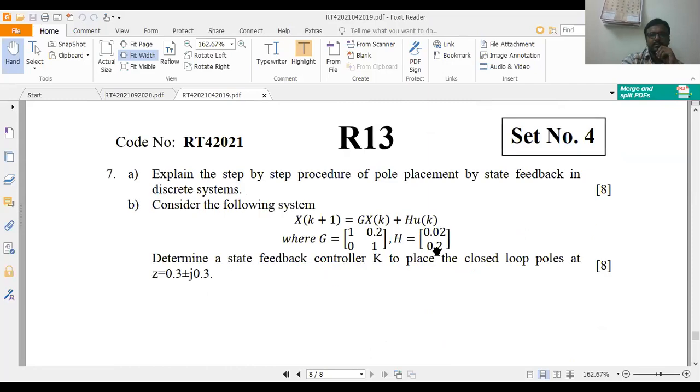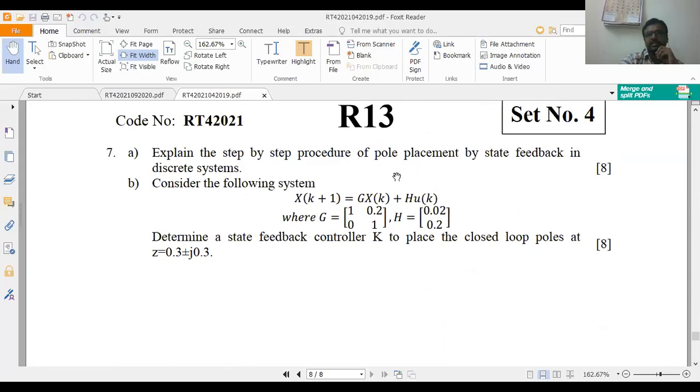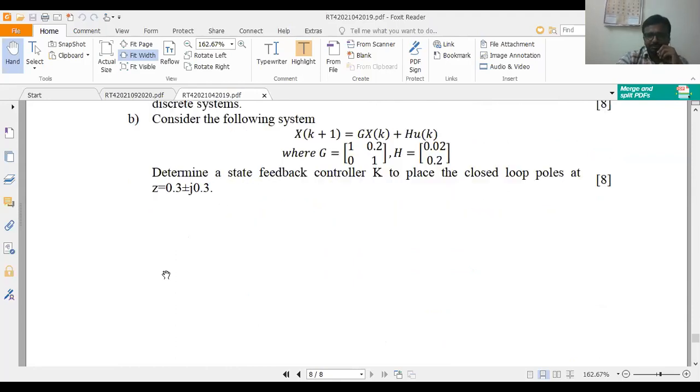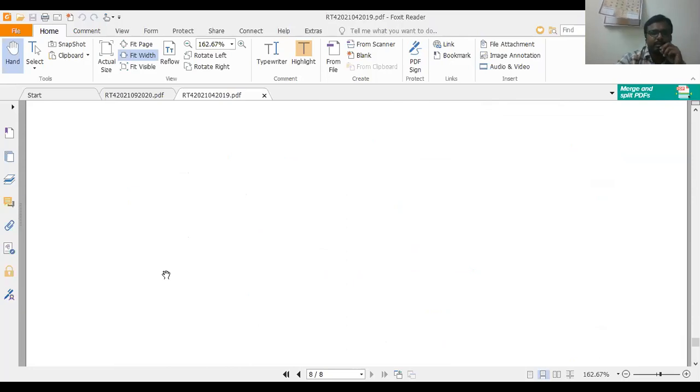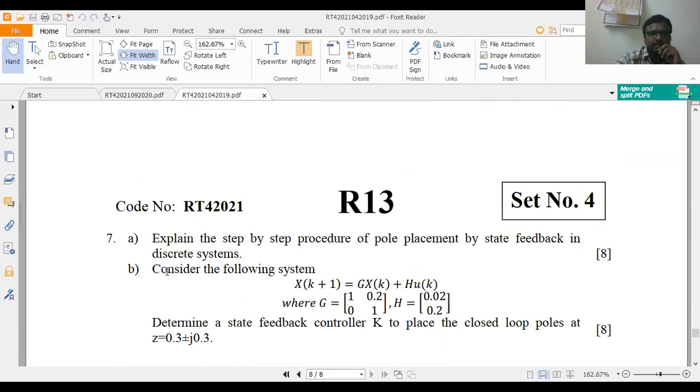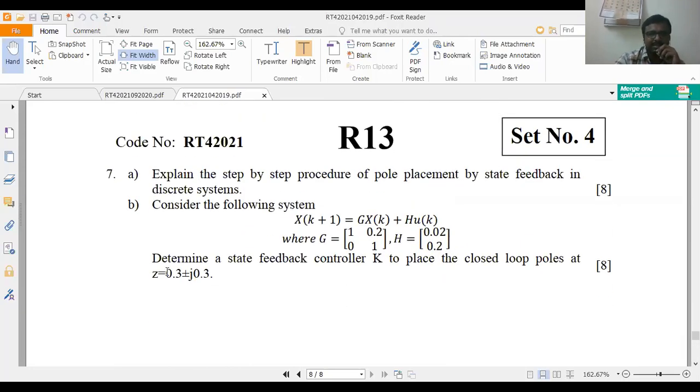And coming to the last one, explain the step-by-step procedure for the pole placement by state feedback technique, and the determination of the state feedback controller value K in the 2x2 matrix we are having with the closed loop poles of 0.3 plus or minus j0.3. So, in the previous university question papers, regarding unit number 6,